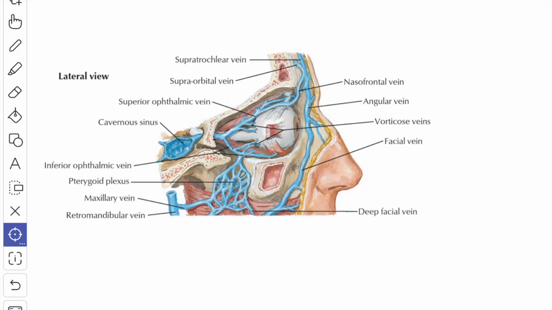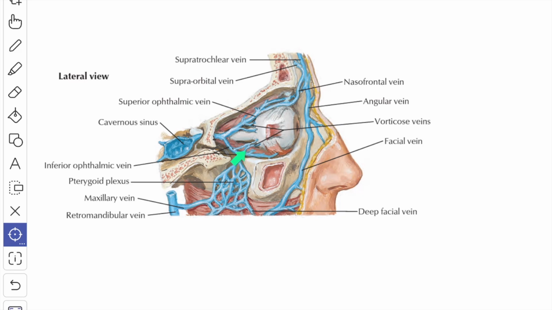Two veins drain the orbit, the superior ophthalmic vein and the inferior ophthalmic vein. The superior ophthalmic vein begins in the medial part of the upper eyelid. It crosses above the optic nerve in company with the ophthalmic artery and receives the tributaries that correspond with the branches of the ophthalmic artery. It passes through the superior orbital fissure and terminates into the cavernous sinus. The vein is devoid of valves and at its commencement it communicates with the facial vein through the angular vein.